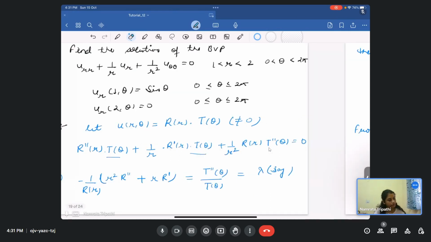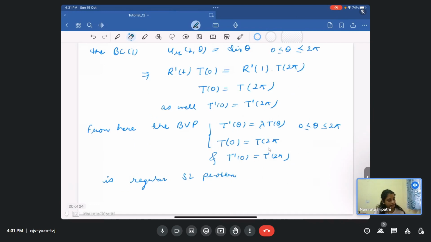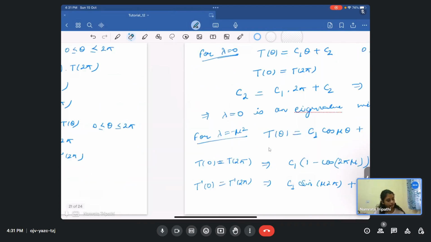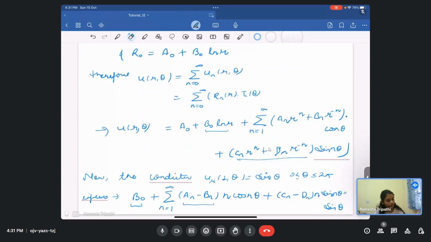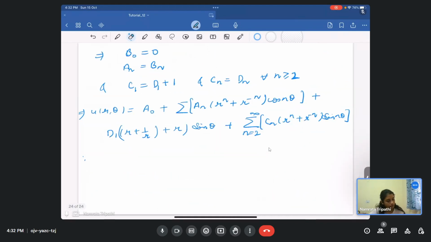After solving for r and theta separately with the help of the SL problem, you will get the solution for u(r, theta). After applying one boundary condition, you will get the constant values. Some of the constants are equal. So by applying another boundary condition,